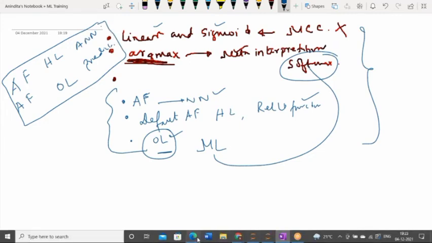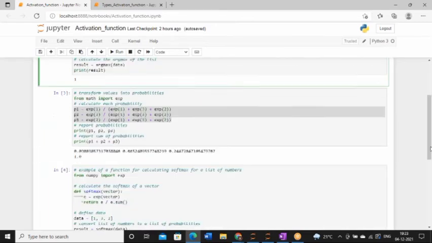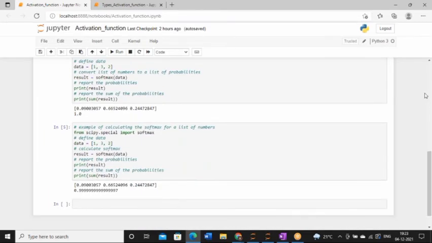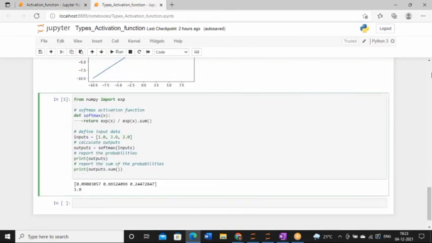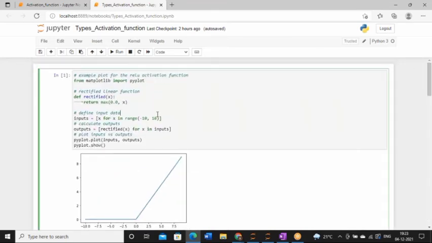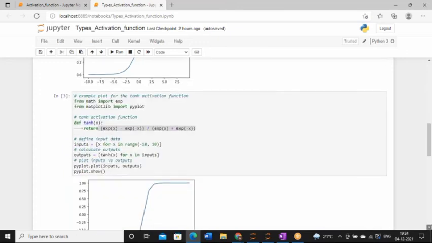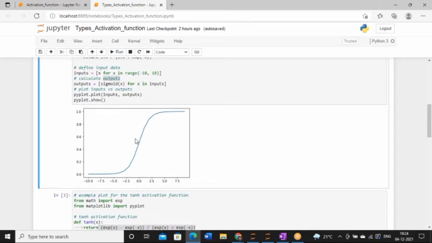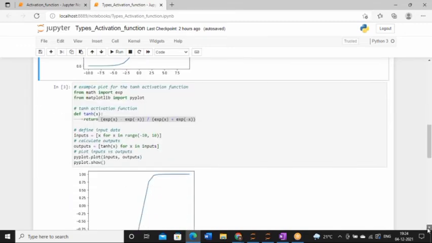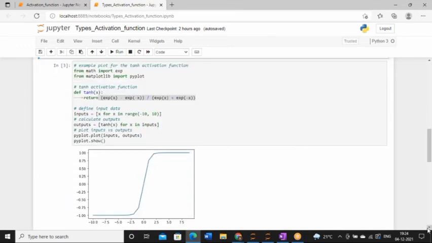So here I have designed all kinds of possible activation functions. You can pick any of the activation functions from here and use it in your neural network code. You can get a good perspective of the activation functions because the plots are also given. And in general, in interviews, the difference between tanh and sigmoid function is asked. In that case, you have to remember both look the same, but the only difference is the range: 0 to 1 for sigmoid and 1 to -1 for tanh. So keep this in mind, right?